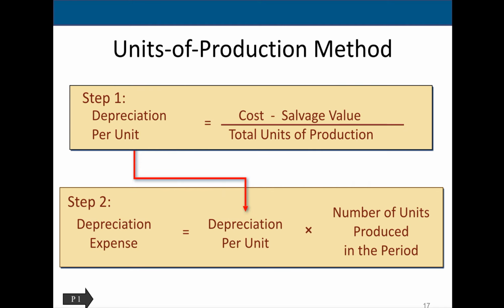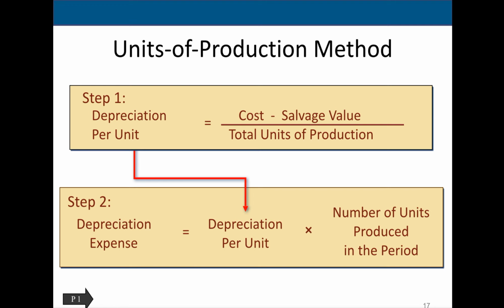The next way of looking at this is units of production. Okay, so in this method, instead of saying how long do we expect this asset to provide value to us in terms of years, we're now going to look at it in terms of activity. So if it's a machine, we may say how many machine hours will this machine provide to us? Or in other words, how long can I run this machine before it dies? Let's say I have 10,000 hours on this machine before it dies, then I will say, okay,